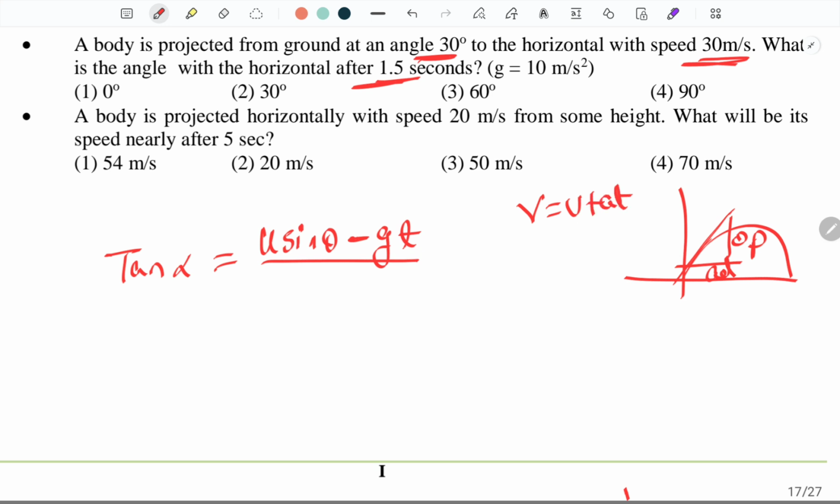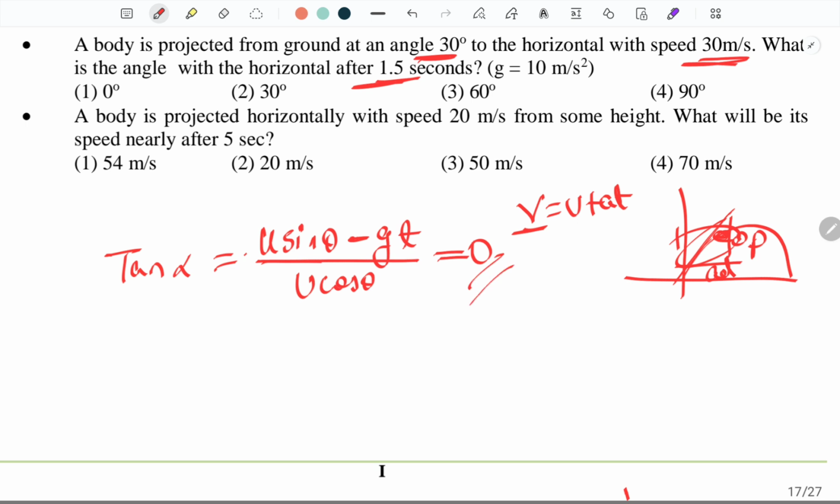So at some particular point, what will be the velocity? It will be v, the final velocity at that point. So it will have both the initial plus the effect of gt. So it will be u sine theta minus gt. The initial is u sine theta, plus at becomes minus gt. So this is the y coordinate divided by x, and on the x axis the velocity always remains the same, u cos theta. So when you write u as 30, sine theta as sine 30, and you solve,